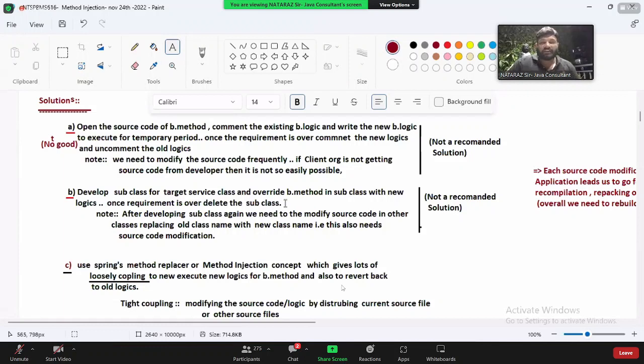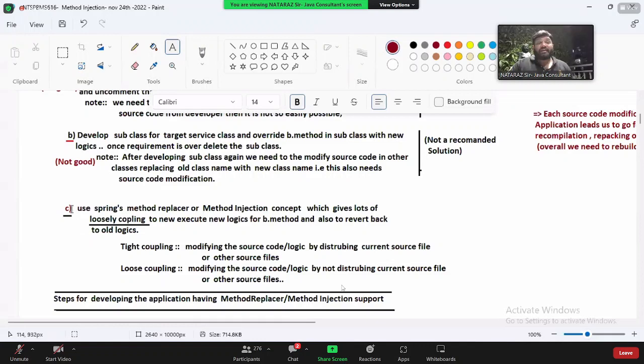Super. Now listen. This is also not good, guys. Is it recommended? This is also not good. Super. Come here. Third one. Use Spring's method replacer or method injection concept, which gives lots of loose coupling to